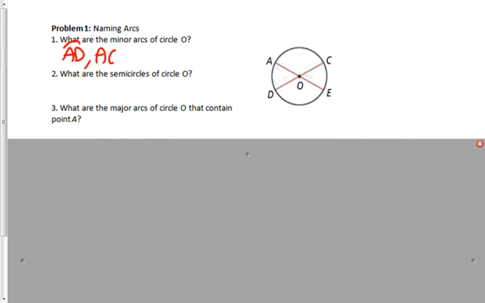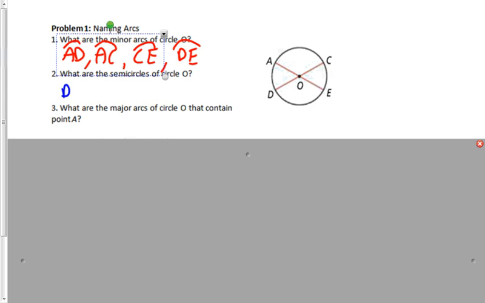AC, CE, again, you don't have to rewrite them backwards. DE, or ED. I believe that's it. Semicircles go around half of it, so semicircles we're going to use